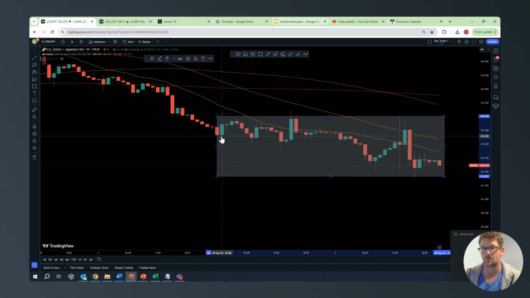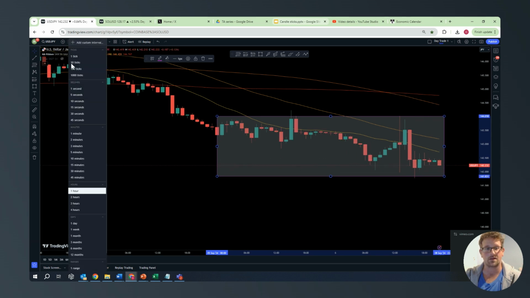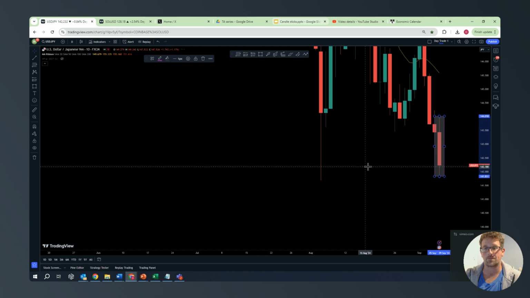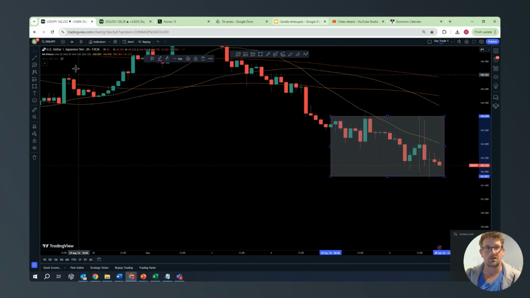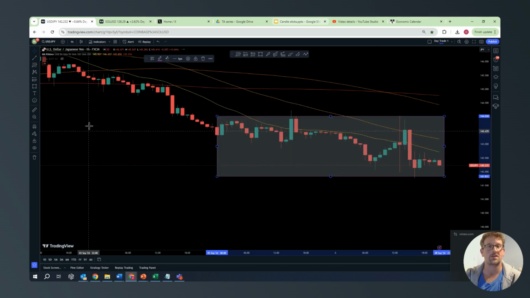So that action we were talking about, where we were saying it opened here, it came up to here, it rejected all the way down to here, and then it came back up and eventually closed here. You can see that as we showed earlier on this one candle here. Oh, that's 2 hours, sorry. If we go to the hourly, you can then look down even further. So you could say, okay, well, what happened on the